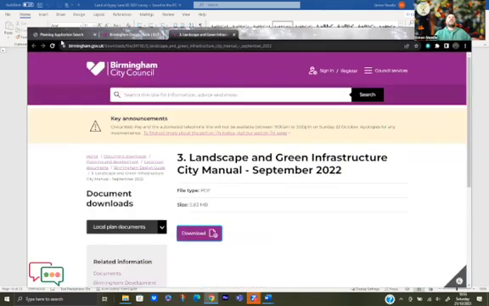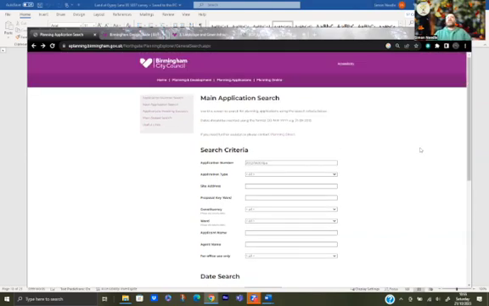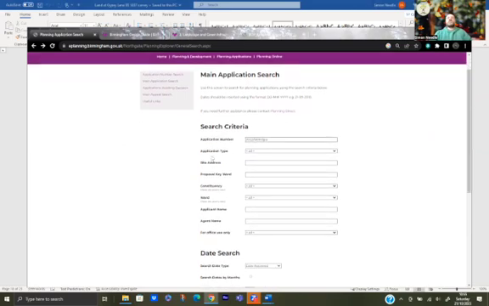Okay. So you're thinking about planning applications that might be by you, and you want to have a look to see what's going on. Planning applications are a matter of public record. So you can go onto the council's web pages, you can just search City Council application search, and that should bring you up to a page that looks like this. So this is the main application search page. And if you've seen a notice up, you should see a number similar to this one. This was a 2022 application, so it's